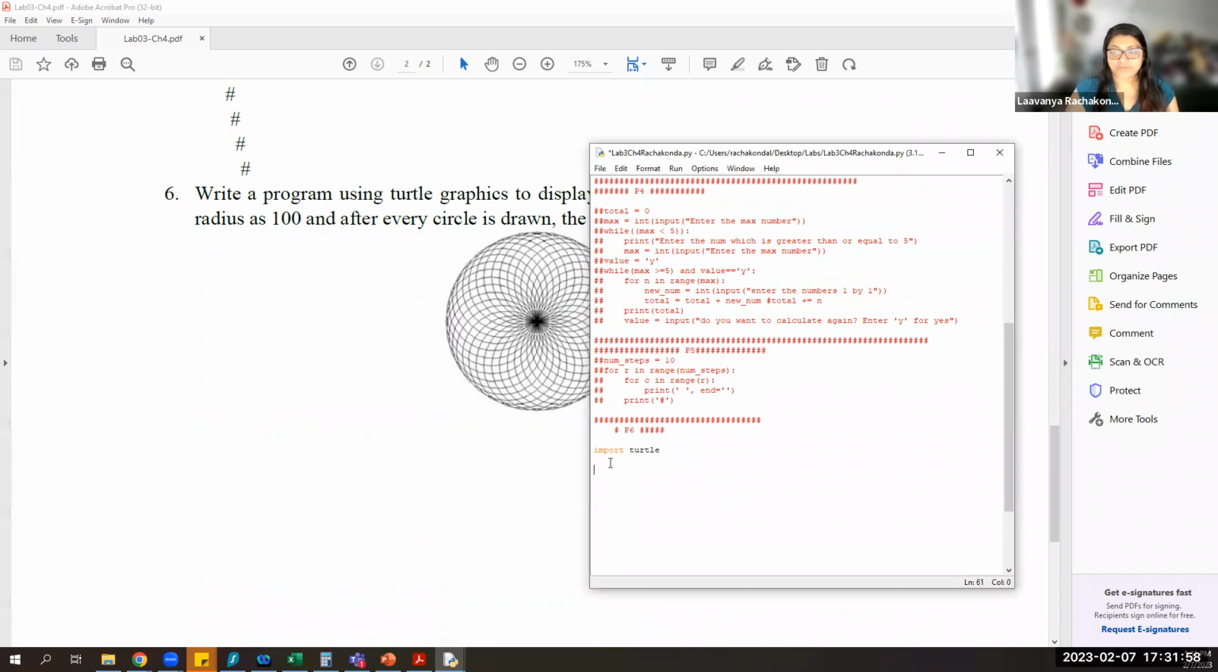And now let's define some named constants. For now, let's just call them named constants. Number of circles is 36, radius is 100, angle is equal to 10. And now let's just use the for loop. So for x in range, number of,